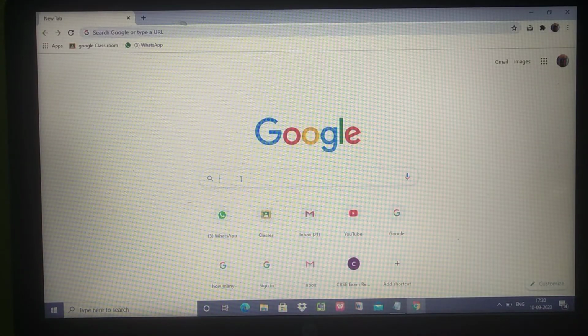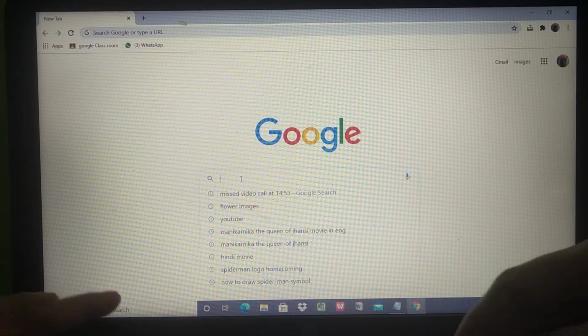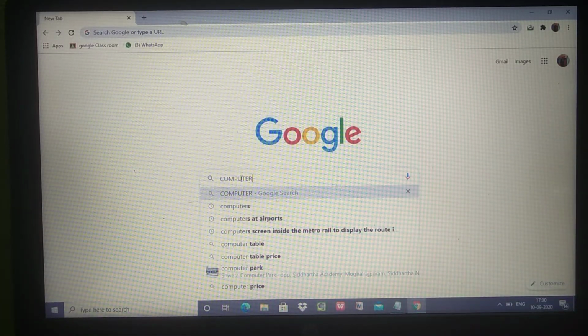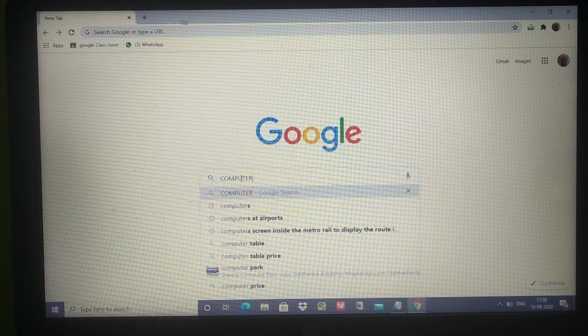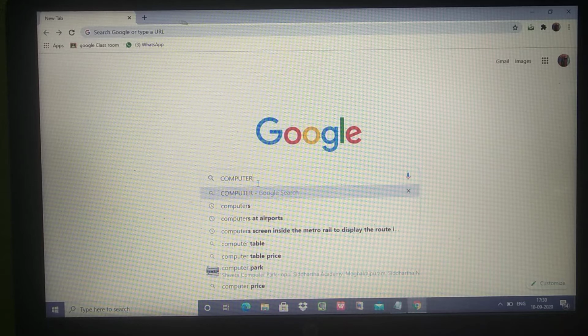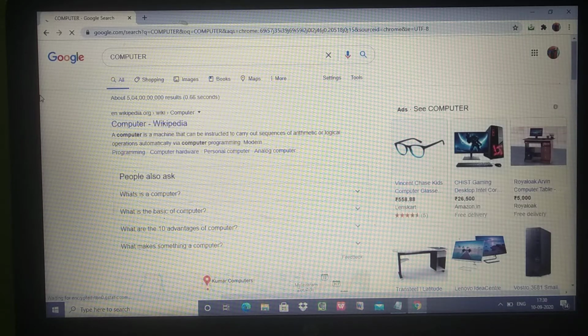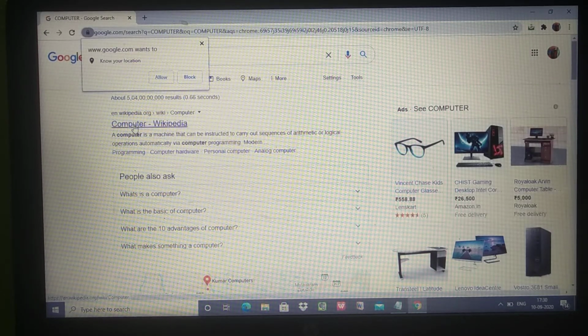Suppose if you want to search any information about computers, what we will do? We will type in the Chrome. So Google Chrome and Firefox are the web browsers. This is Google page. I clicked on Google Chrome here and it redirects to the Google page, and in that you have to type whatever you want to search, and the different links will be displayed here.